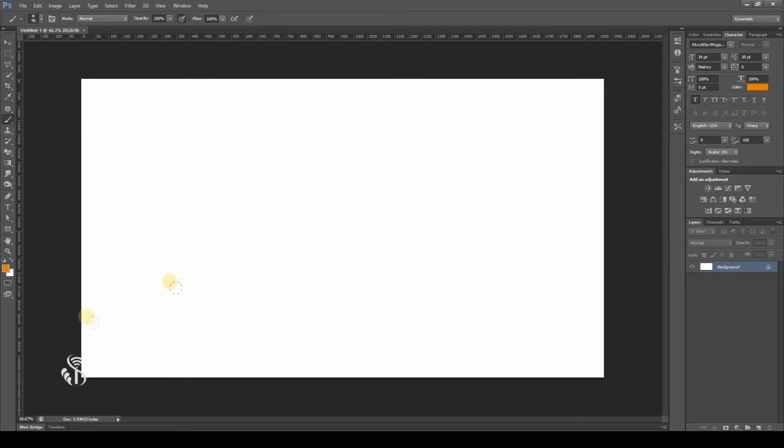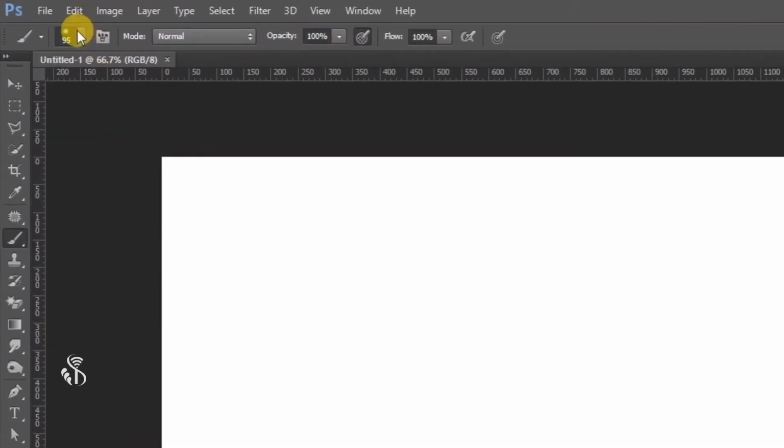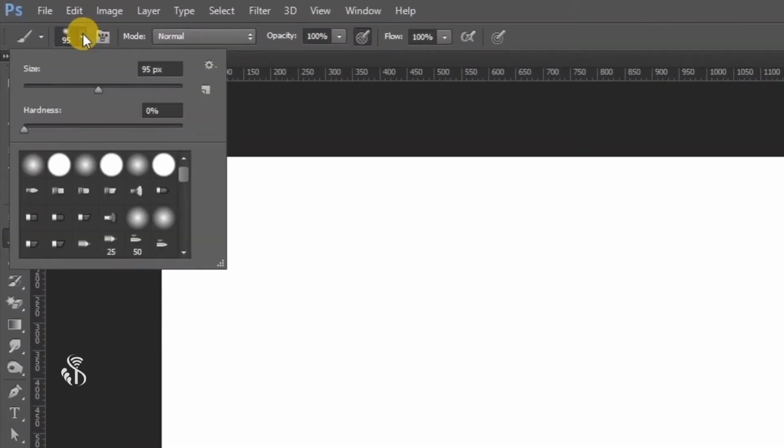The shape of the brush can be decided once the brush tool is selected, which means that you can decide if you would like the tip to be circular, rectangular, or any other shape. To do so, from the option bar, select the brush preset picker, this option. The size of the tip can be changed using the size slider.